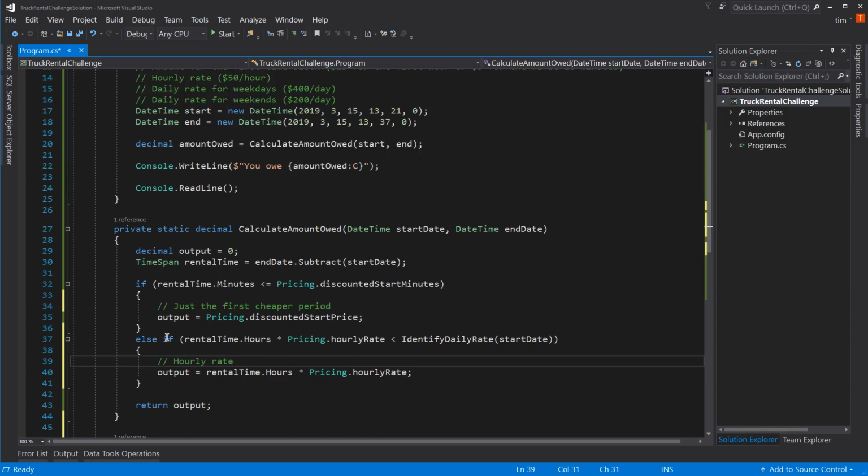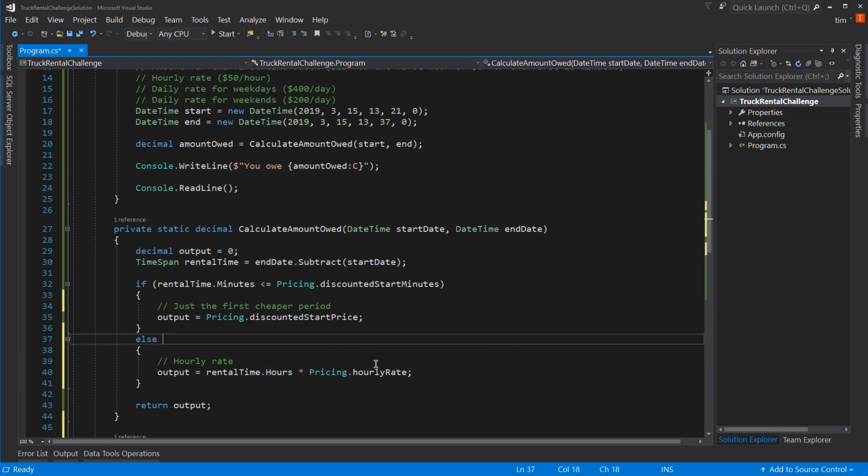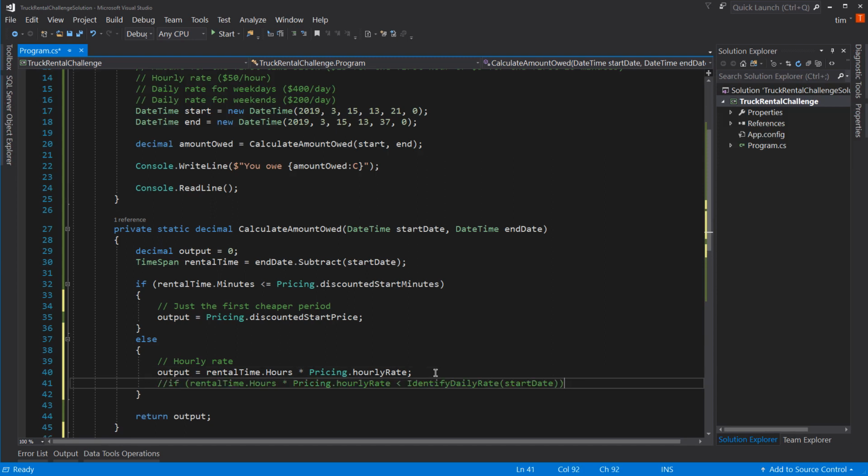I'm going to move this if inside the else, because we do need to subtract 1 because we have to subtract some time for the rental minutes. So now it's getting more complicated. Let's cut this out here. And I'll paste it down below and comment it out. Just so I have the logic,